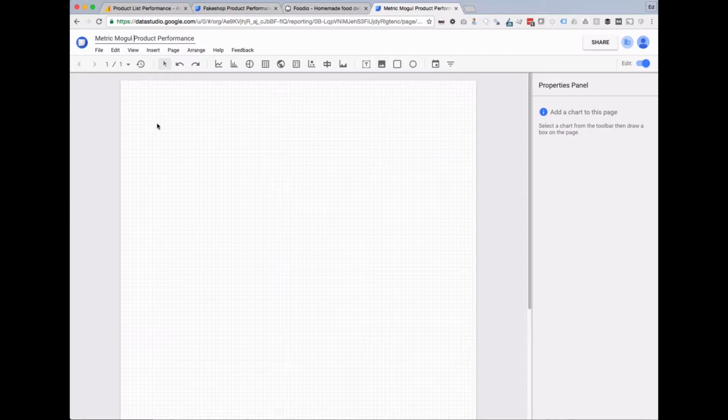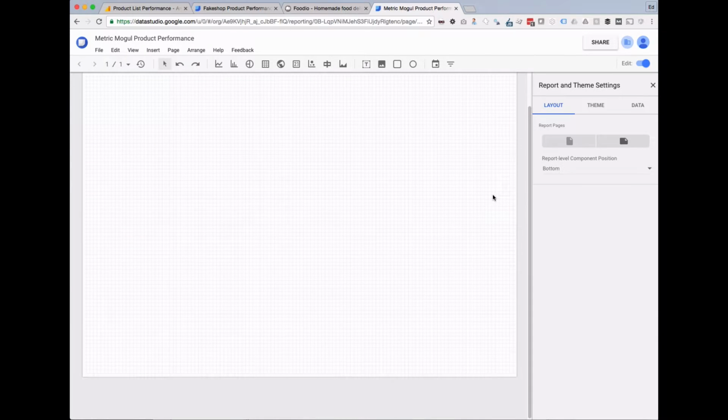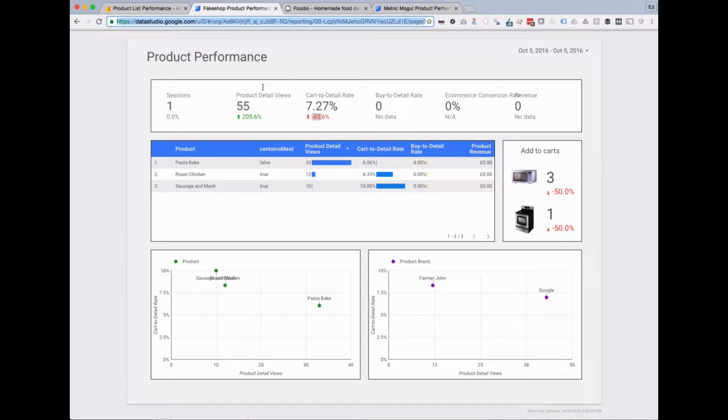There we go. And I'm going to rotate this. So go to report and theme settings by right clicking, layout, and rotate. So just get a nice landscape view there. All right. So first up, if we look back at my one, we're going to start very simply with the